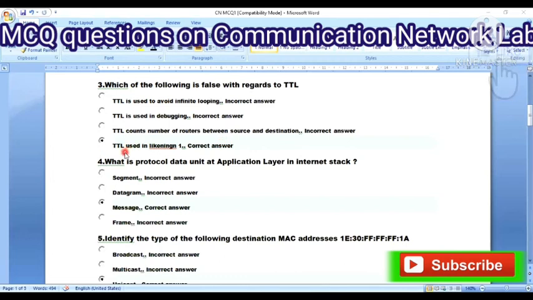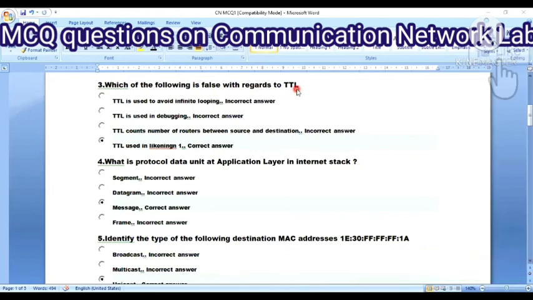Option D, TTL used in lightning. So here the question is to find out the false statement with regards to the TTL. Options A, B, C are right. Option D is the wrong one here.